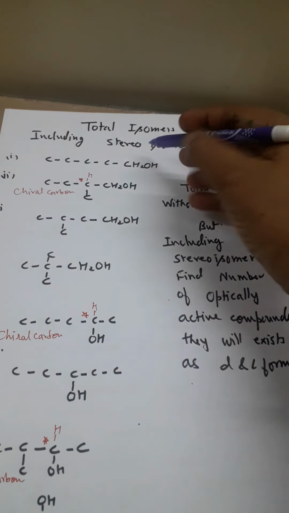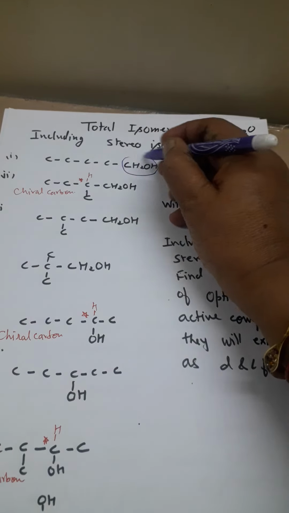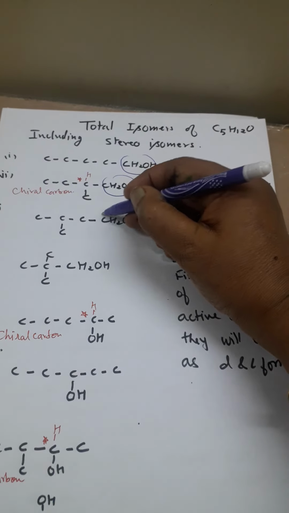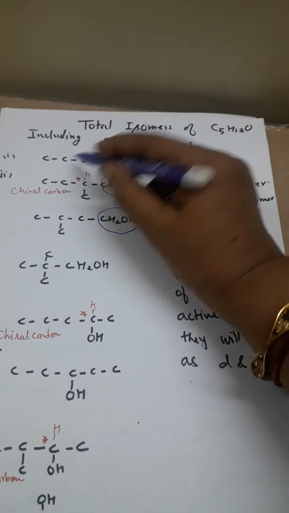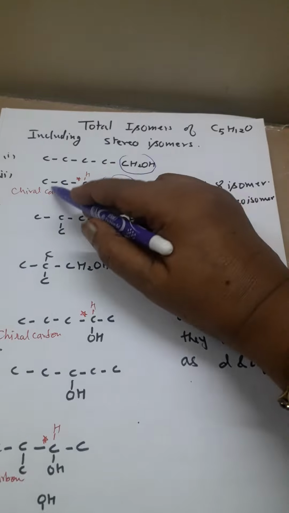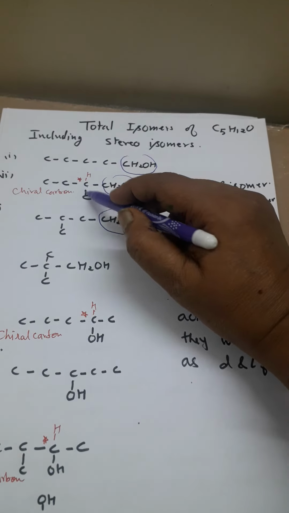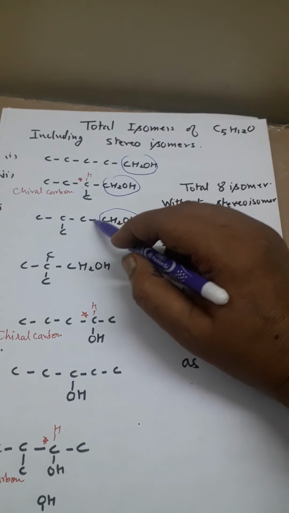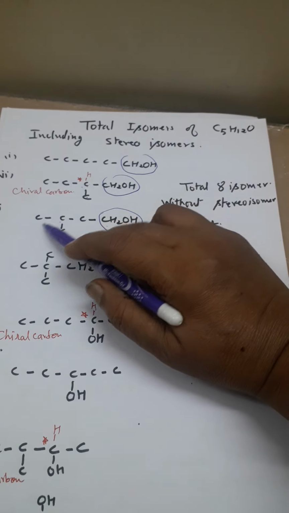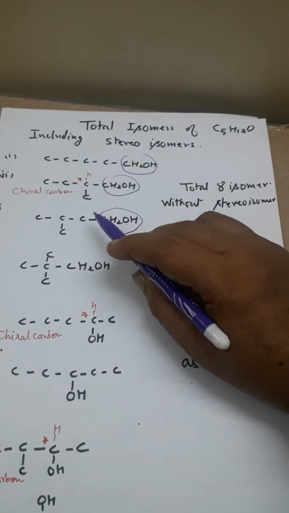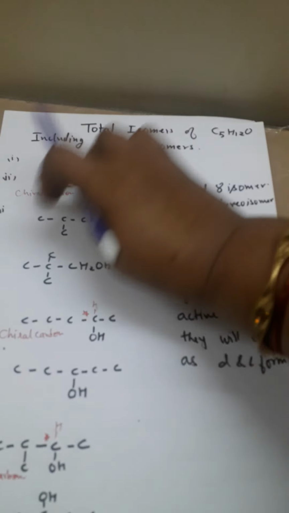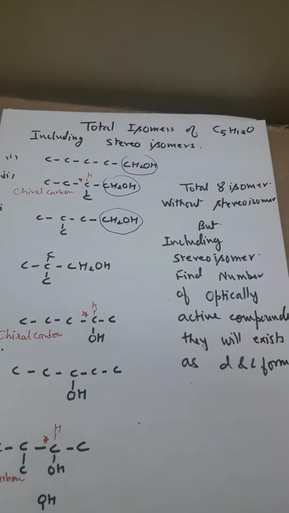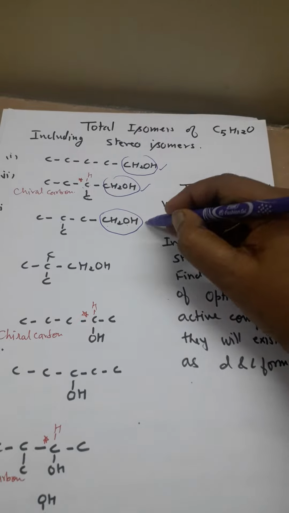See, CH2OH 1 degree alcohol, CH2OH 1 degree alcohol, CH2OH 1 degree alcohol. What I have done? 5 carbon chain with CH2OH, then 4 carbon chain, and the C is just adjacent to this CH2OH, and then CH2OH is next to it. After that it will not be here. Okay, so if I put it here, it will be the same. So 1, 2, 3. Clear?